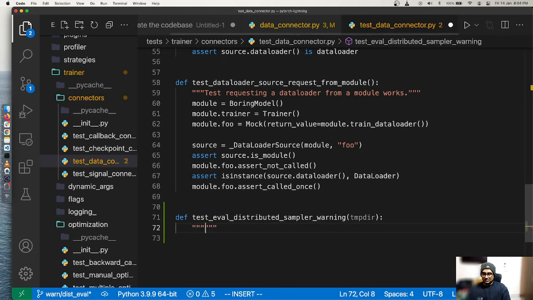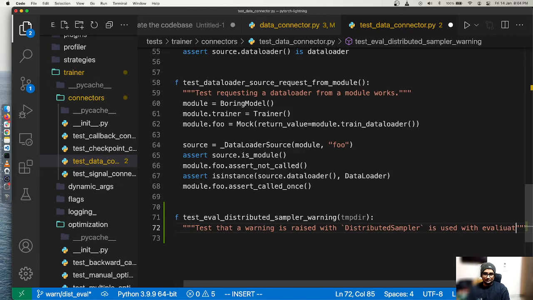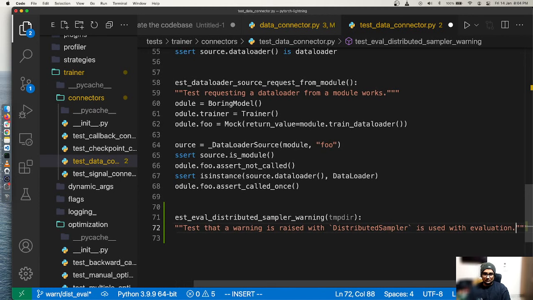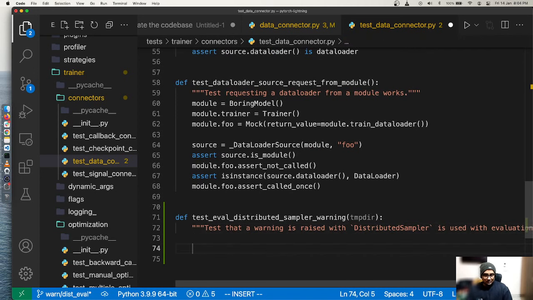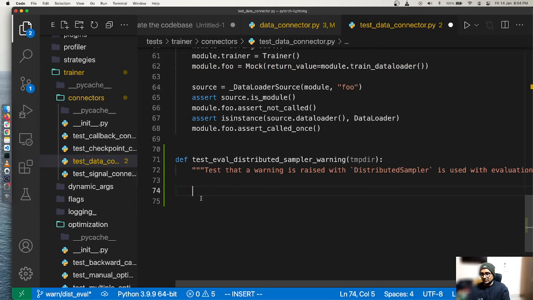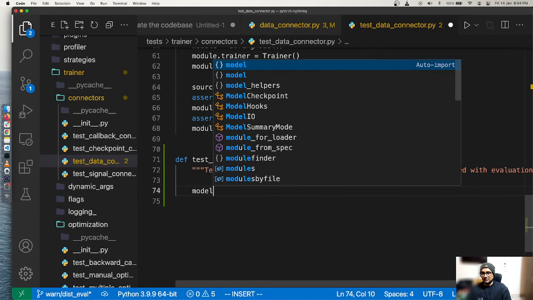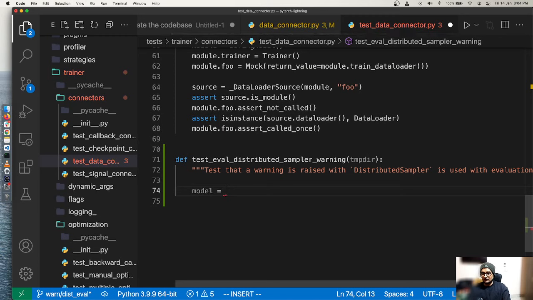So we need to add some docstrings here. Test that a warning is raised when distributed sampler is used with evaluation. Now we are going to do just a normal unit test. If you are not sure how to write a test, comment on the PRs. We will be happy to help you. Of course,